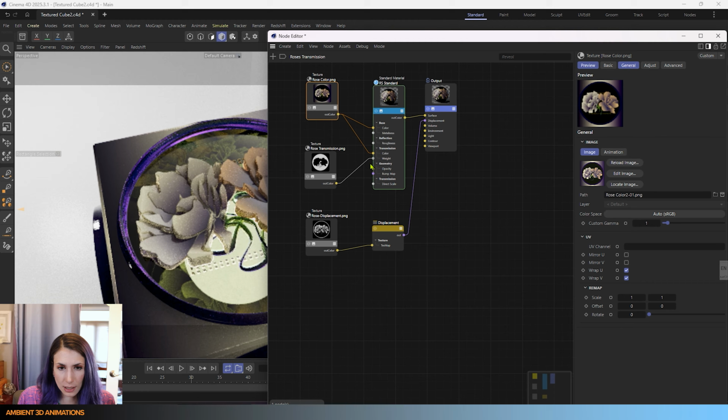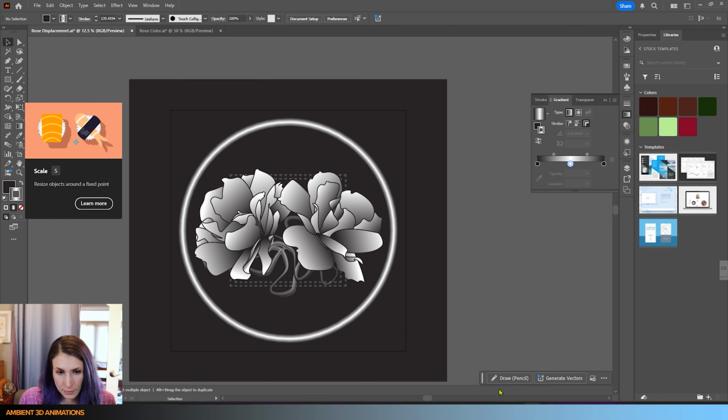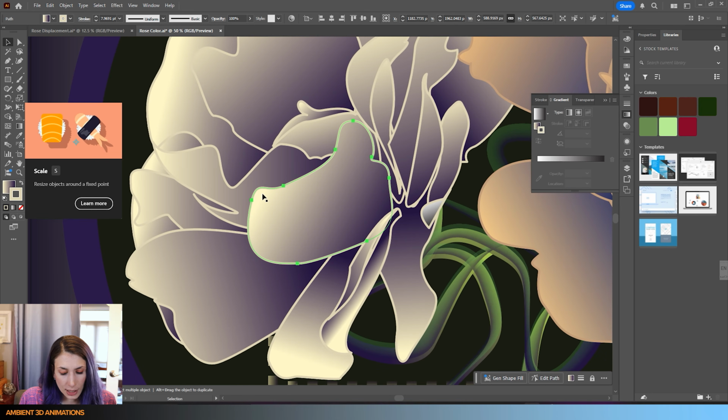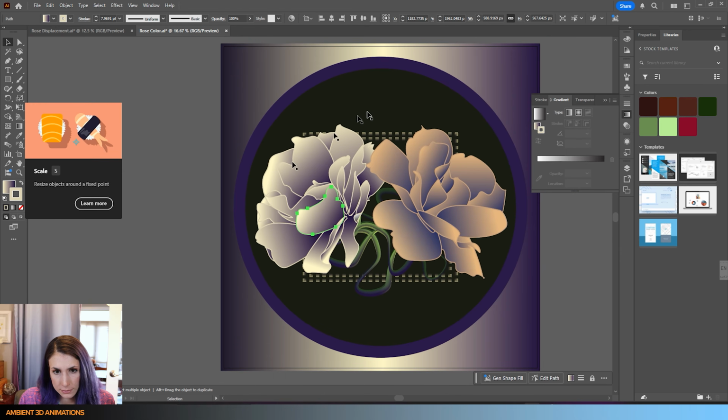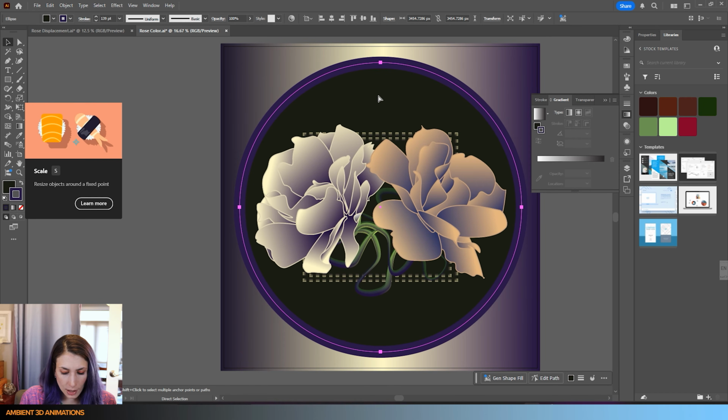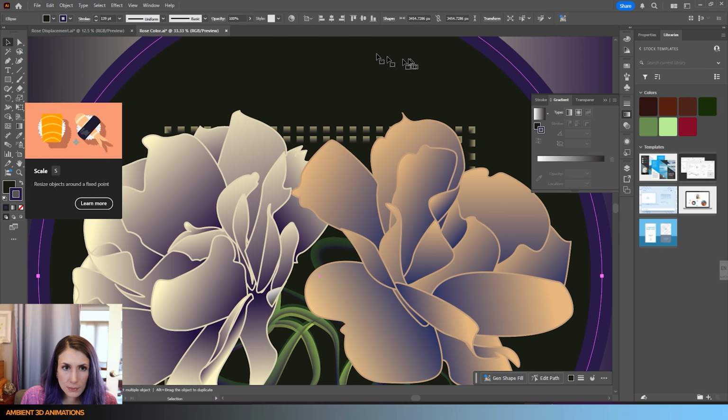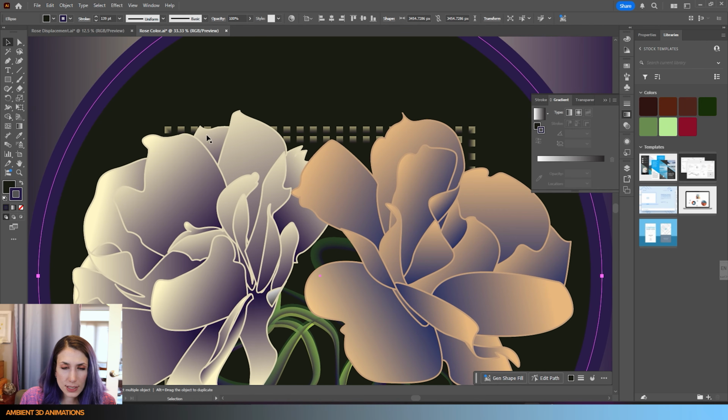So let's talk a little bit about that as well. So I used the rose color not just for the color of the Redshift standard material. I used it for the color of the transmission. So you'll notice that the glass looks a little bit green. And it looks a little bit green because I made this green in here. It's a very dark green, but that's why the glass is green, is because I'm also using this color